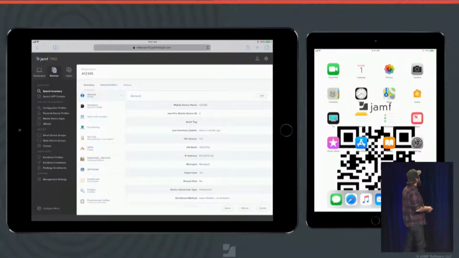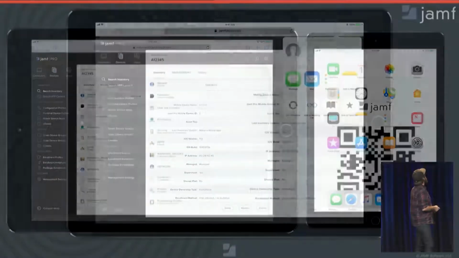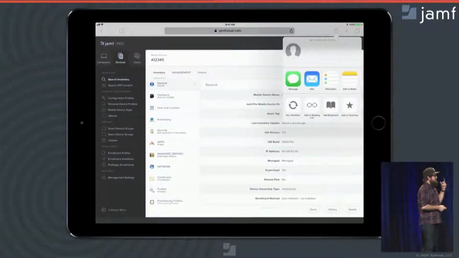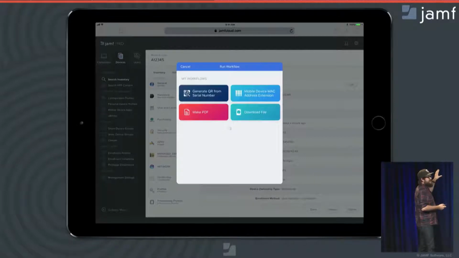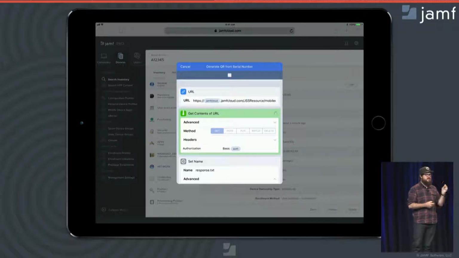And home screen wallpaper. OK, so what just happened? I'm looking at the device's inventory record inside of Jamf, and I'm calling up the workflow application. Workflow is actually going to look at the device's website. There's something hidden here, and that's that the website for this managed device actually contains a unique ID for that